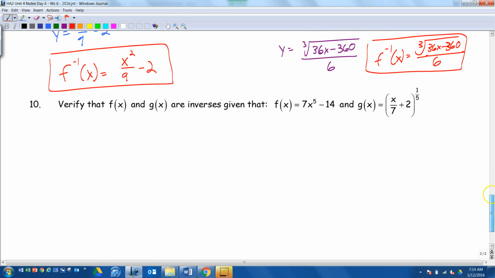And then finally, to verify, you have to remember, to verify these, you have to find f of g of x and g of f of x. And they both have to equal x, and they'll tell you that on the instructions. So, for f of g of x, we're taking f, and we're putting it into g of x, which is actually